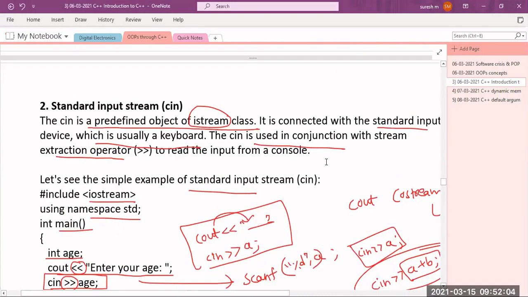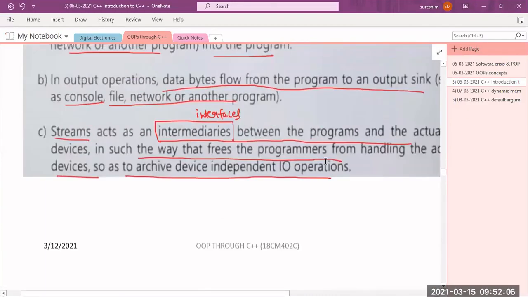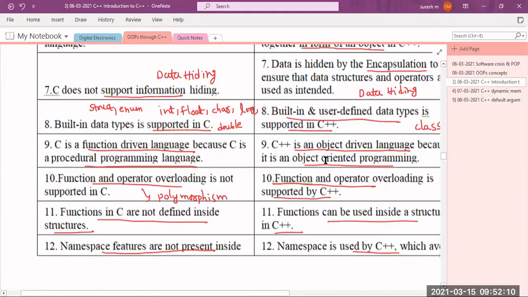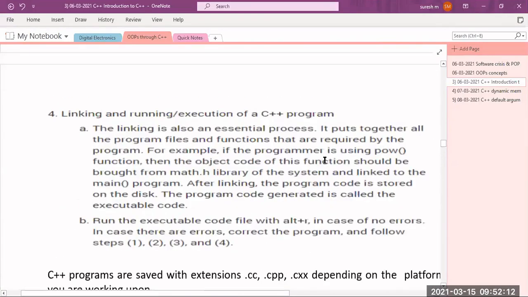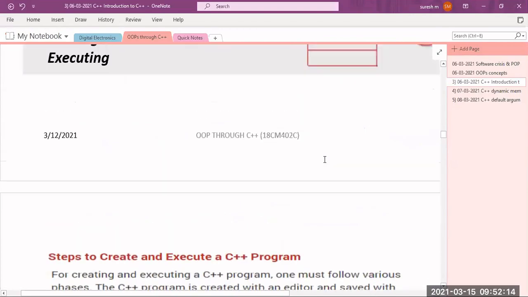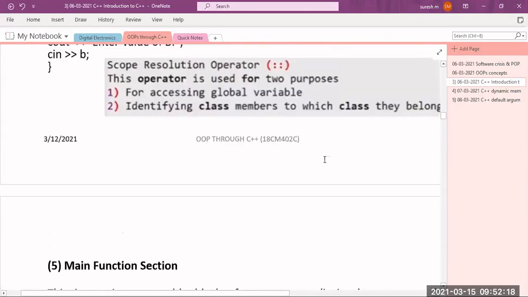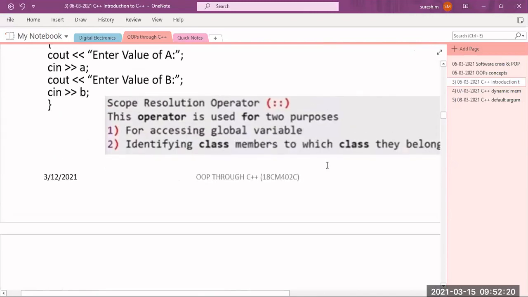So here we have the member function definition, if you want to define it outside. This is your scope resolution operator.